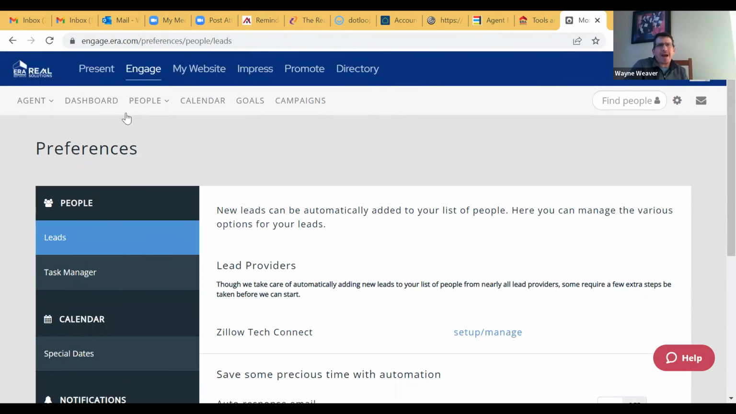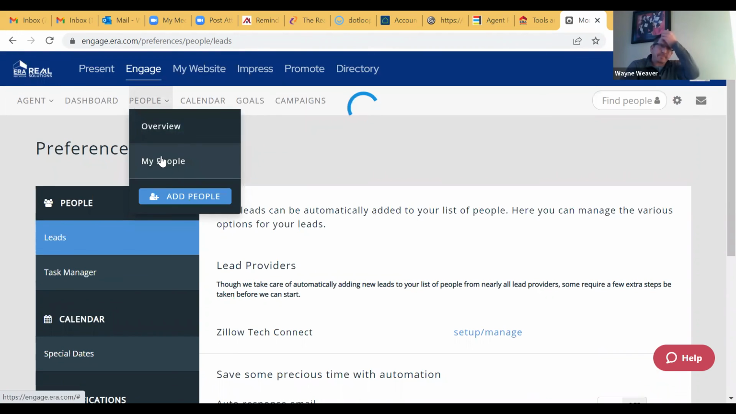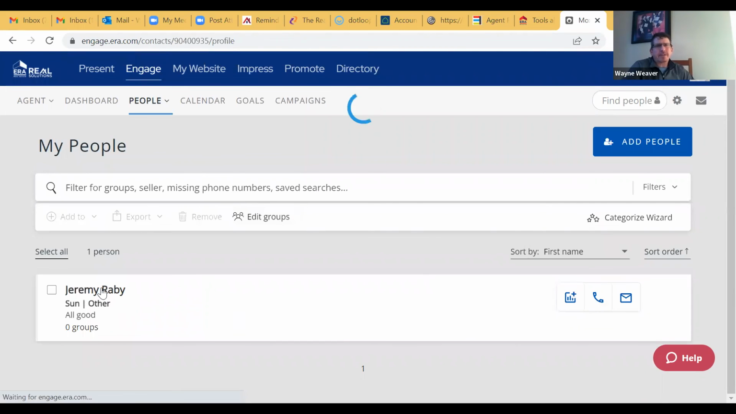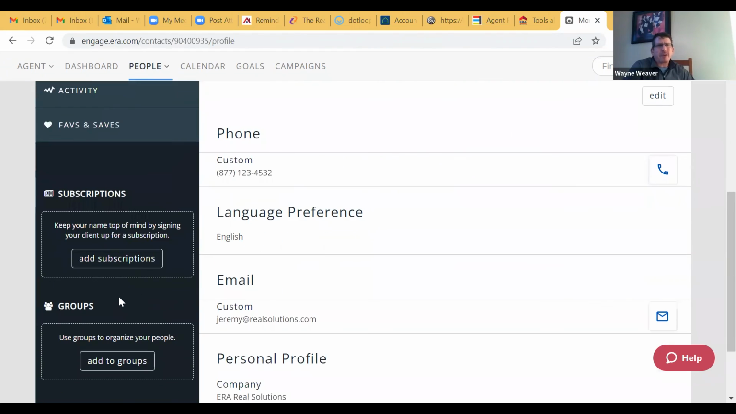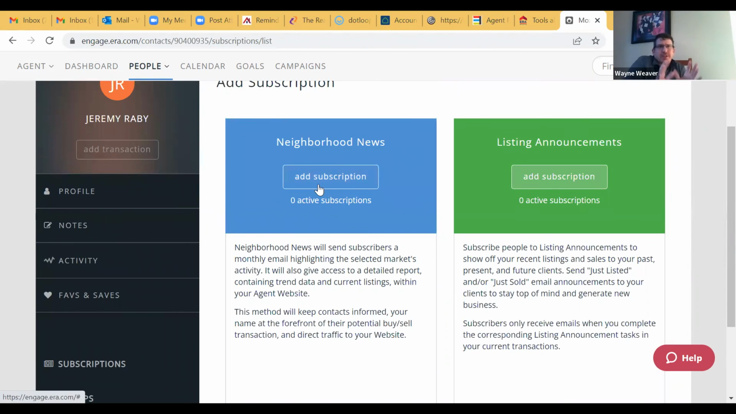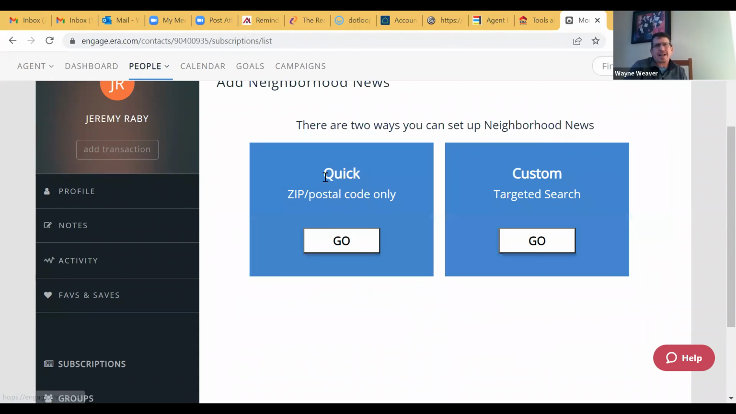But so I'm going to go back to my people. I'm going to click on Jeremy, scroll down under him, and say add subscriptions. And you're going to see, again, I'm focusing on Jeremy. Should I get him in neighborhood news? I don't know, yes or no. Or do I want to set him up on a listing announcement? For time's sake, I'm just going to click on the neighborhood news one